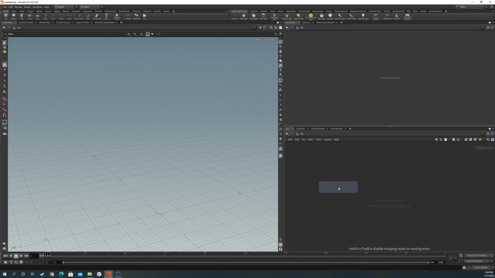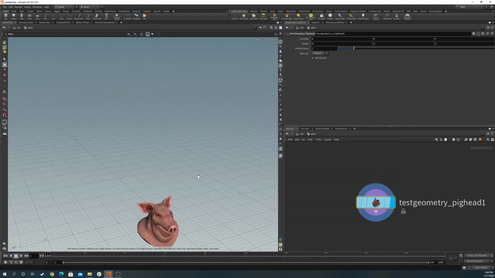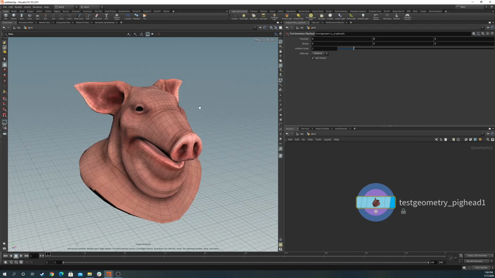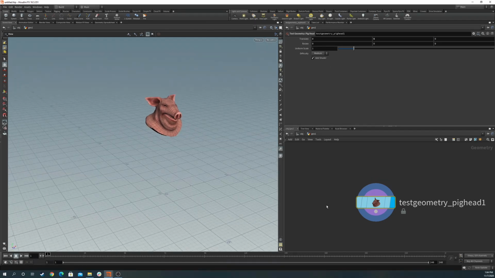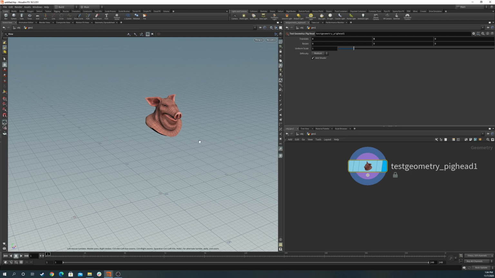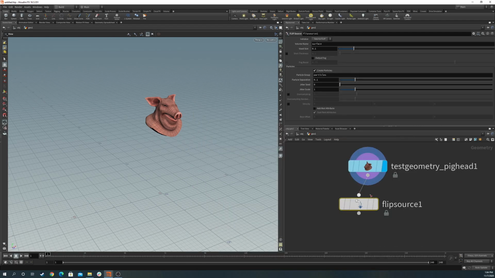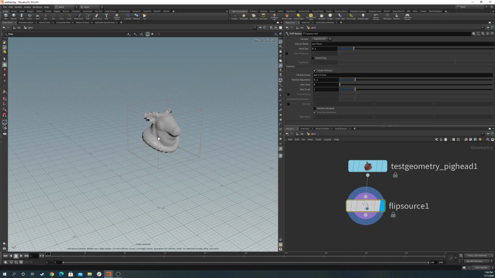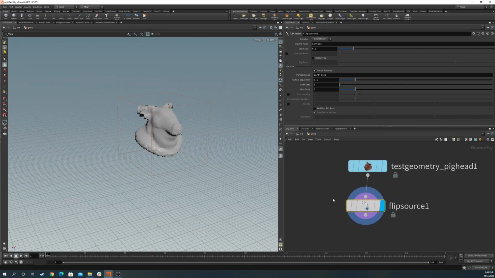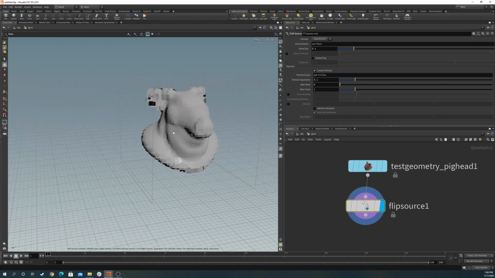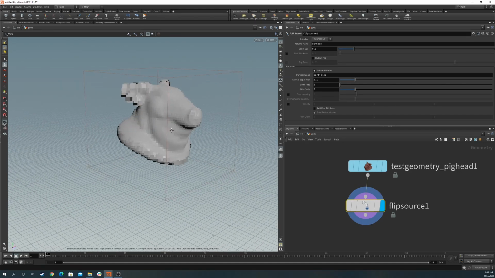Okay, let's make a geometry node first and go inside. Let's make a peak height. Let's move up a little bit. And then I'm gonna convert to a FLIP source first, and the node to do that is called flip source. So after we connect to flip source, we see our peak height looks like this in the viewport, and this